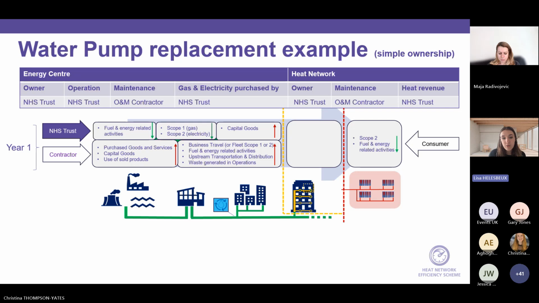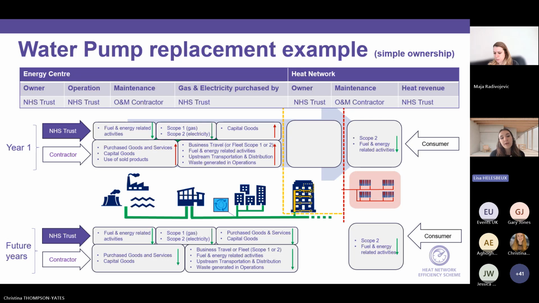So we will also see for the contractor some increase in upstream transportation and distribution. So not just for the water pump itself, but also for all the other purchased materials that are being brought in to deliver the project. And there will be also waste generated in operation for all the waste on sites. And finally, on the right side, we can see that the consumer benefits, of course, from this change because the system becomes more efficient, so their scope 2 emissions are reduced, and that is the same thing for the upstream energy-related emissions. So that is for the first year of